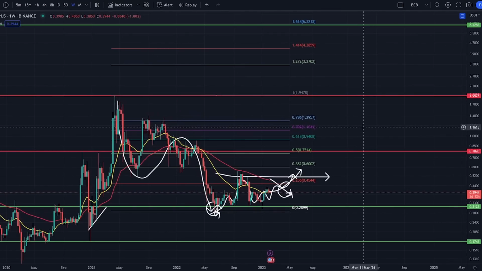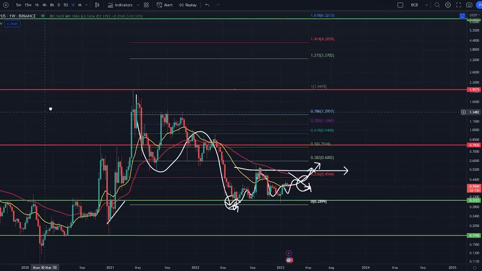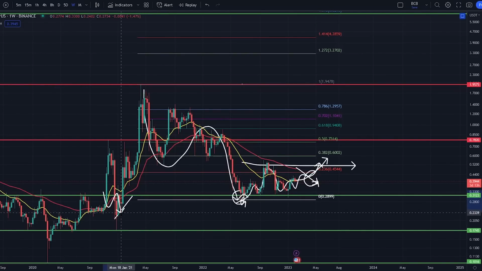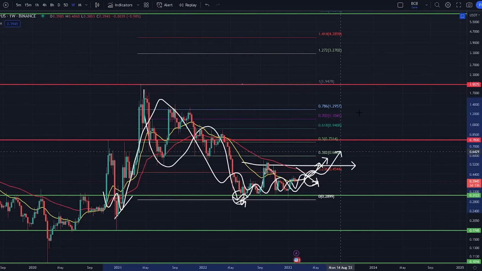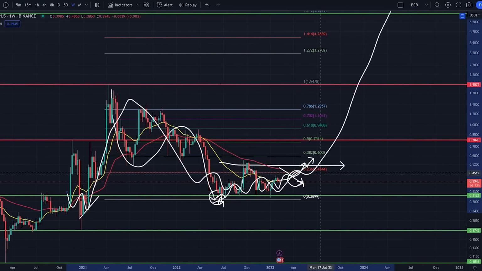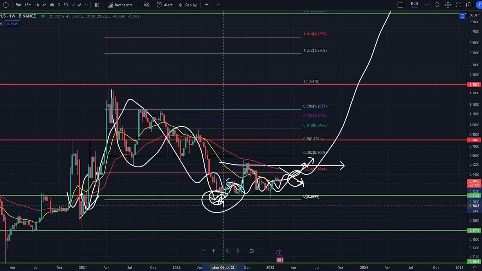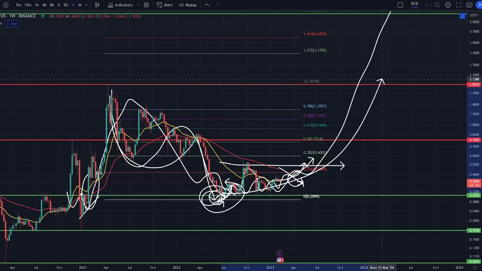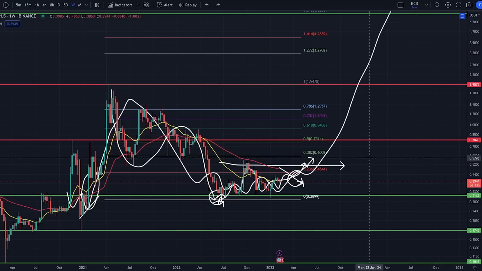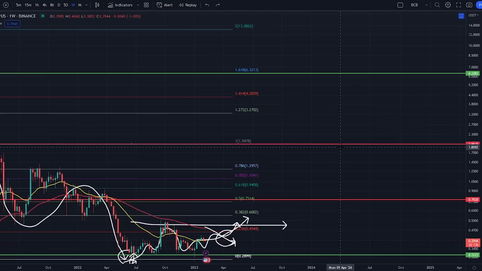So I would love to tell you the bottom's in. I would love to tell you that all we've done here is consolidate, broke out, and eventually come back to the neckline looking to go again. And that could be the case, you know. It could be the case. The God candle was always the target on this big correction. Found it, boom, see you later. Off to the beach. So I'm looking for the ultimate buy-and-go-to-the-beach signal for XRP here,